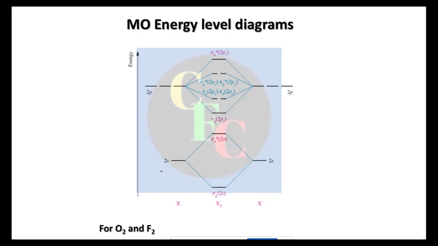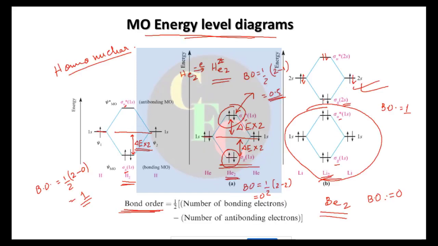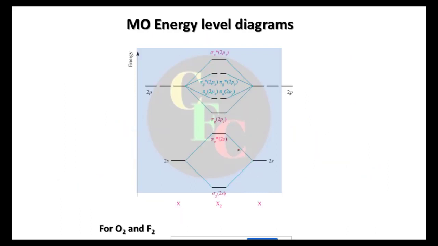So already, the picture has omitted the core electrons. The 1s orbitals are not here. We are just seeing sigma from P, and here also there was sigma from S. There was only sigma from S till lithium and beryllium. Now we have sigma from S as well as sigma from P, because for oxygen this is like this, and we have 4 electrons, right? We have 4 electrons here. So if you keep on filling up,